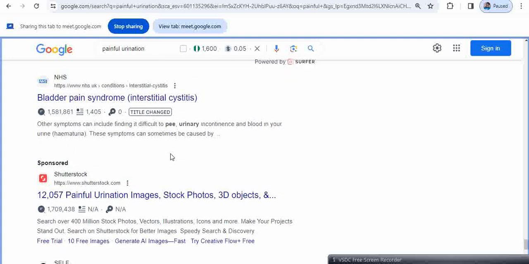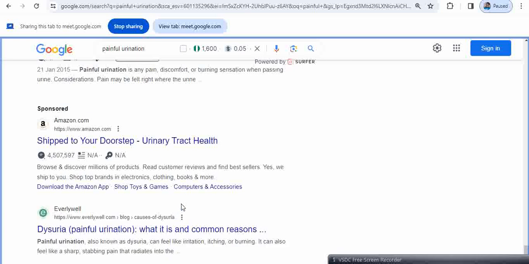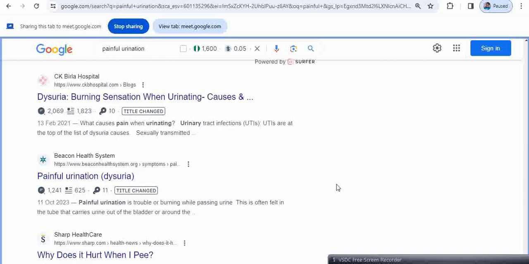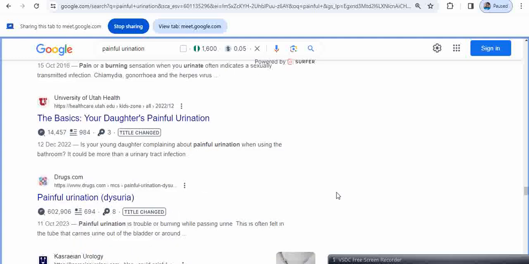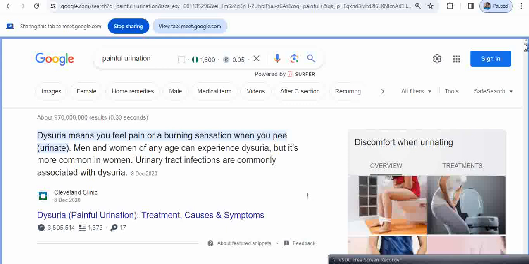If you keep coming here, all these things are still websites. It's still telling you more results. Can you see? All these things are still websites. But how many people are going to come down to all these places to the extent that they click on next page? If you use your phone to do this now, you keep seeing pages. You see like 30 pages, 40 pages. All those things are websites. Who is going to get to that level? Not everybody will get to that level, because once they just search, how many times have you searched Google and clicked on next page, next page, next page? See what Google is telling us now. For painful urination, there are about